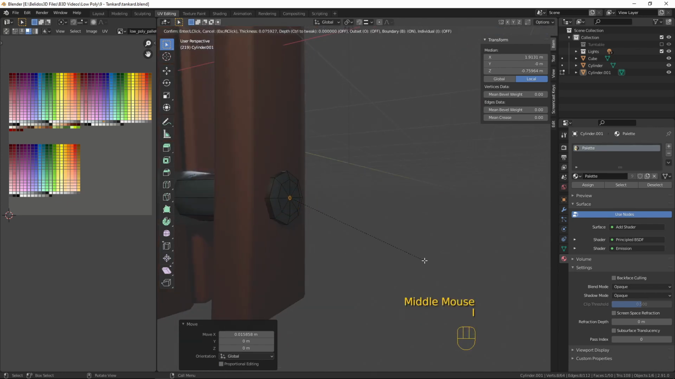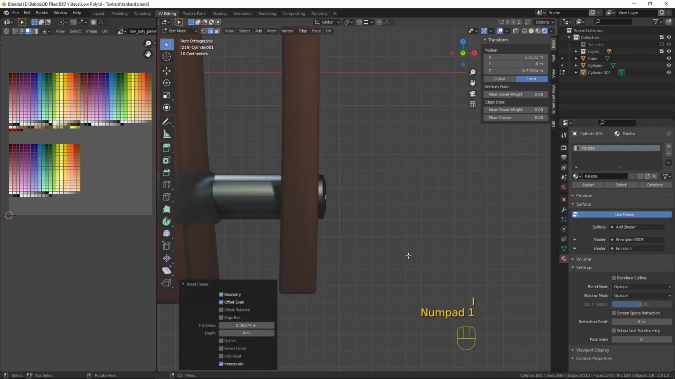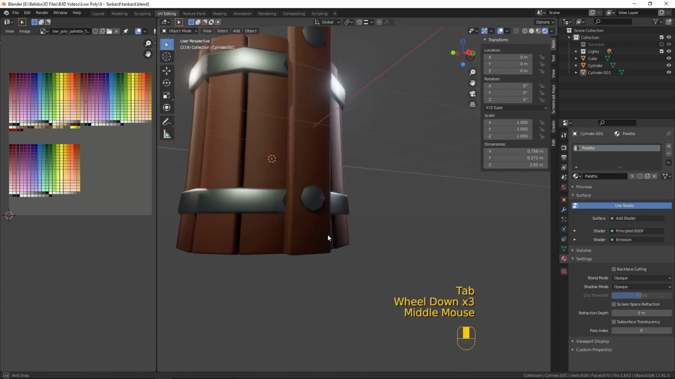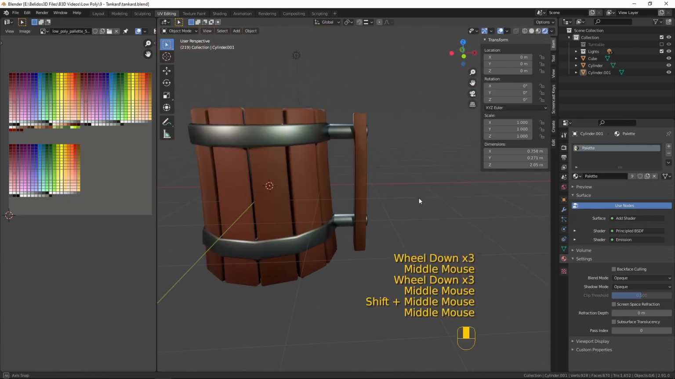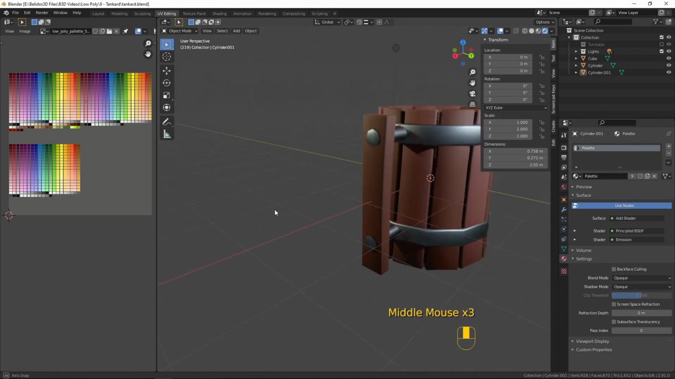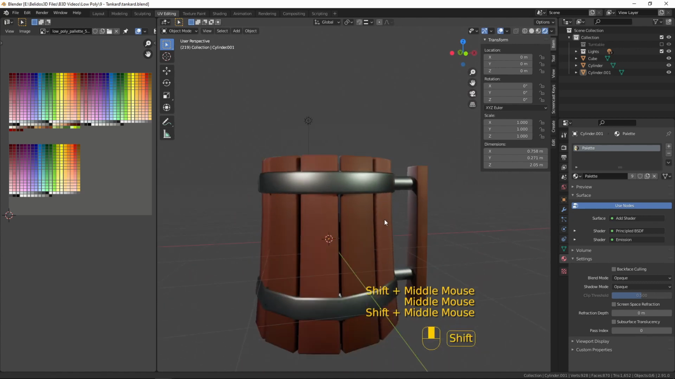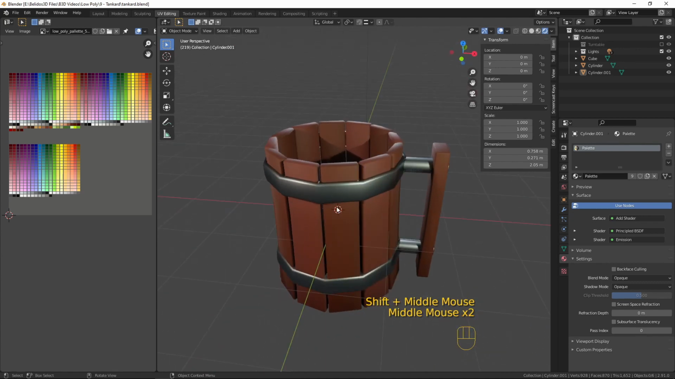And then again, from the front, G and X. And it just gives it a little bit more prominence there, so it looks like it's bolted all the way through. Excellent. And now the last thing I want to do is create some bolts or